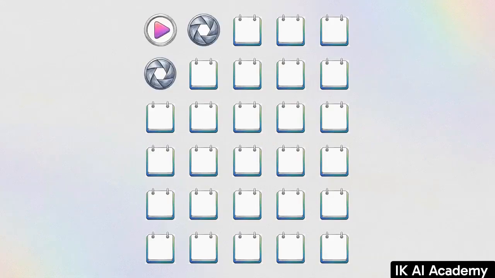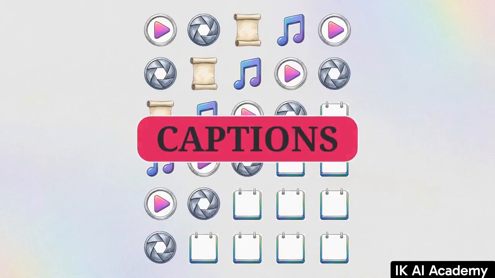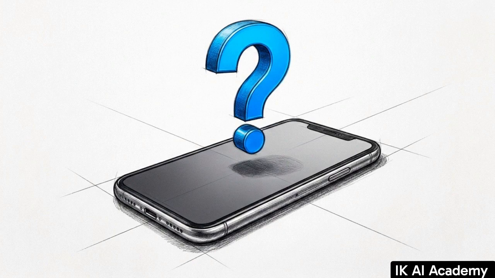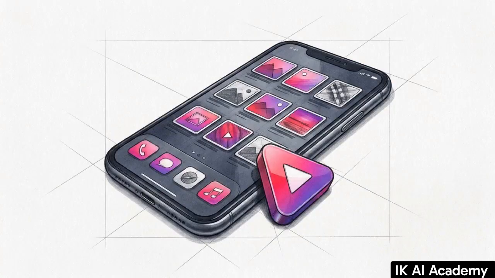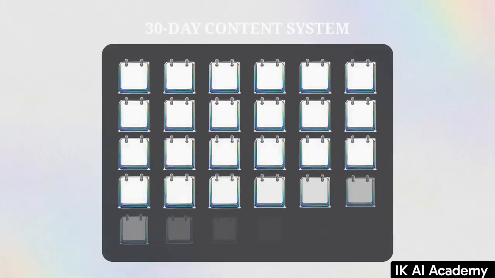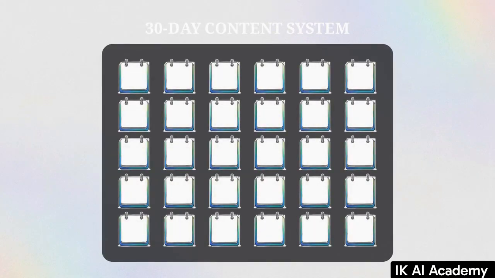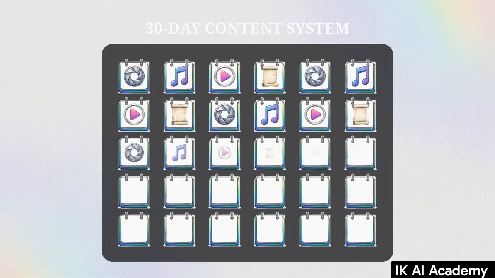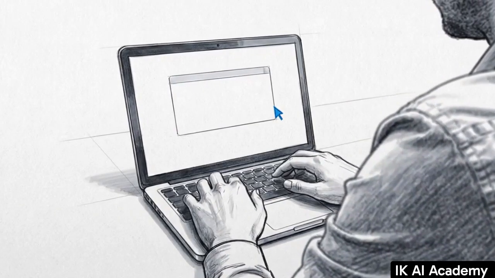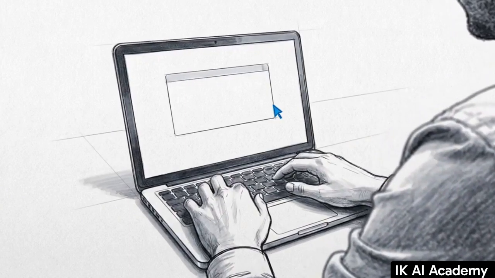The system generates exact content formats, opening hooks, written captions, and calls to action for every single day. This strategy is adaptable for wherever your audience actually spends their time, whether that is Facebook, Instagram, YouTube, TikTok, or LinkedIn. The goal of mastering this specific AI prompt structure is to replace the pressure of daily ideation with a pre-built content system. Step 1 is defining your exact niche and target audience before you type a single instruction